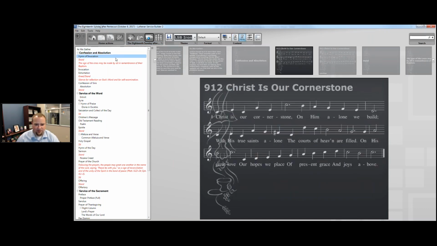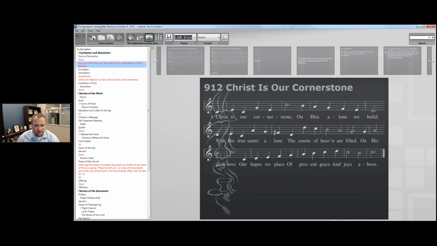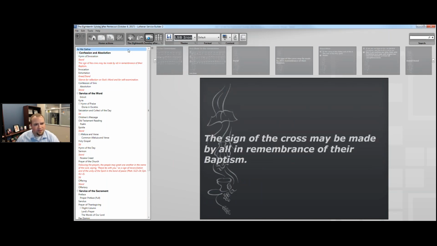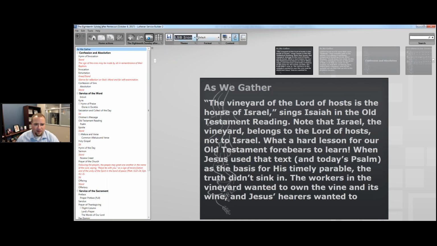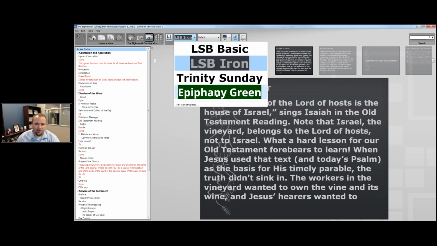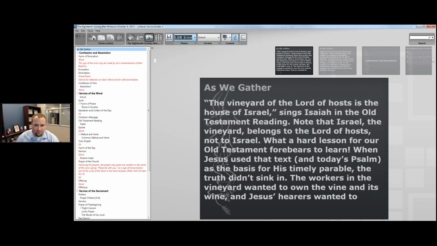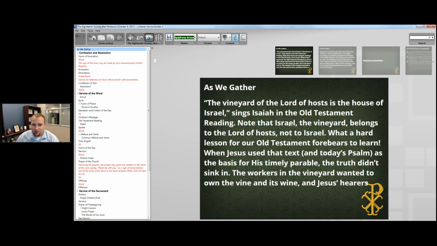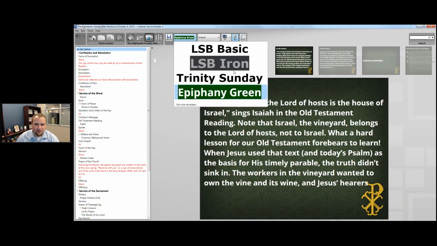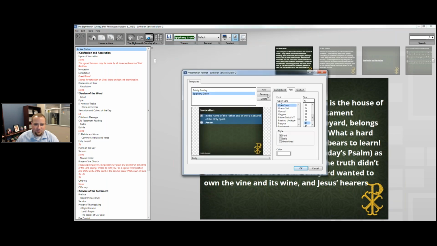We call it the LSB Iron theme. It's okay. I don't love it. I want something a little bit more in tune with my congregation. So I've already started this, what we call Epiphany Green. I created this when we were doing Epiphany, but I could always, let's go ahead and edit the slides. We could just rename this to